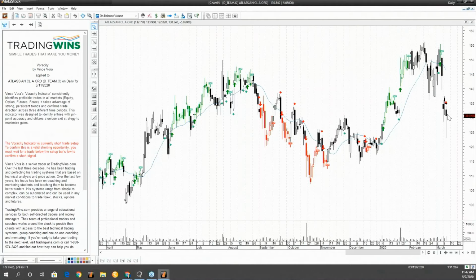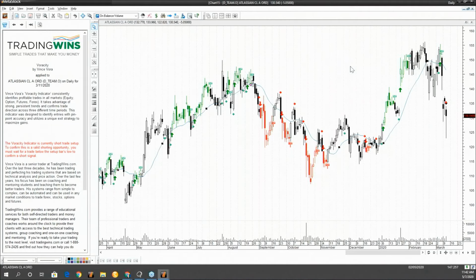You've got a short setup right here, based on as long as it hits below the low of this candlestick, then you'd get into the trade. This is a little bit quicker moves as far as that goes. I probably wouldn't trade it because it's a lot faster moving, in my personal opinion. I like to look at those larger, bigger moves like you saw with that travel stock layout that I had created. But a good example, if you want to look at stocks based on that price range, that's what I'm going to get in there.